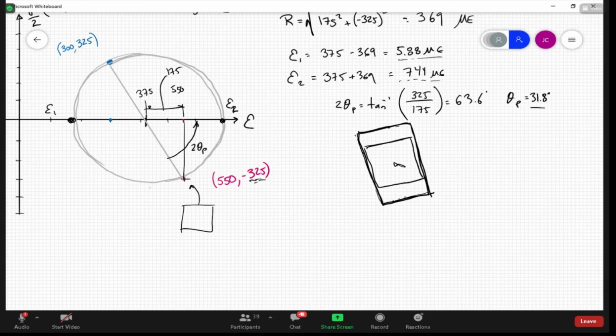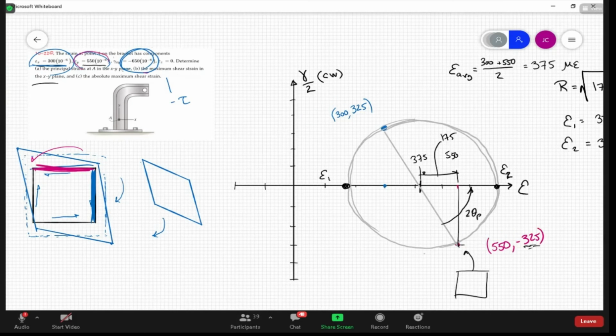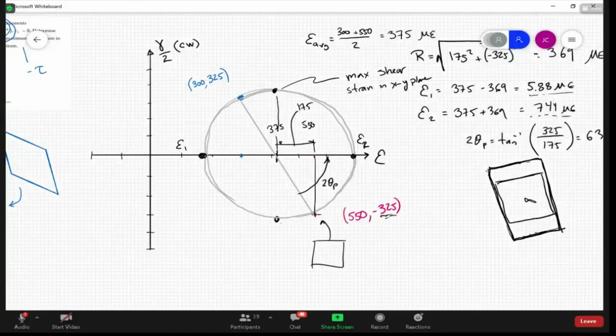Now they want us to find the maximum shear strain in the XY plane. So that's the max in plane. That's going to correspond to here and here. This is going to be max shear strain in the XY plane. And again, that's going to have a value here where the normal strain is 375 and the shear strain is the radius, which is going to be the 369. So for part B,